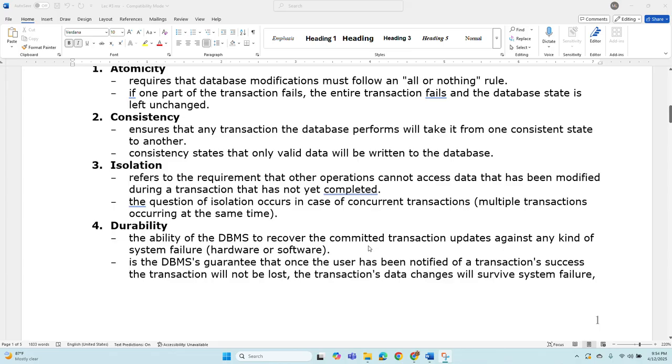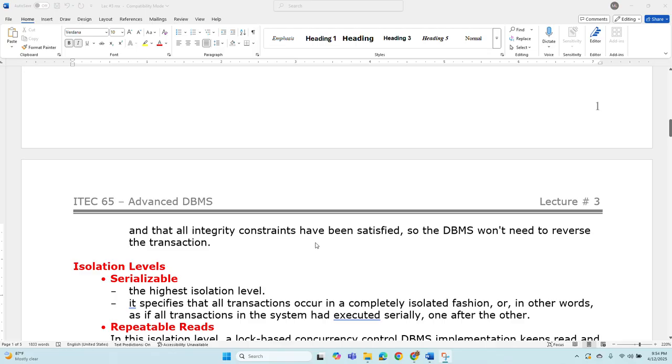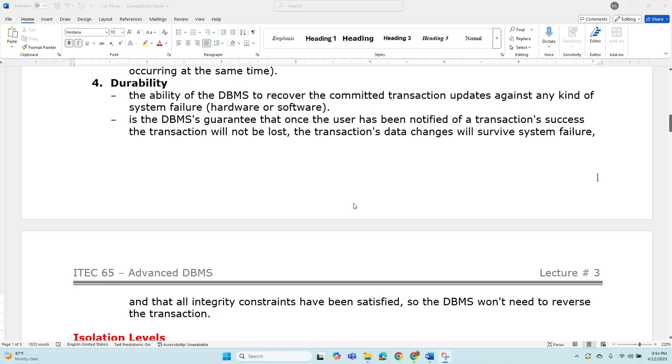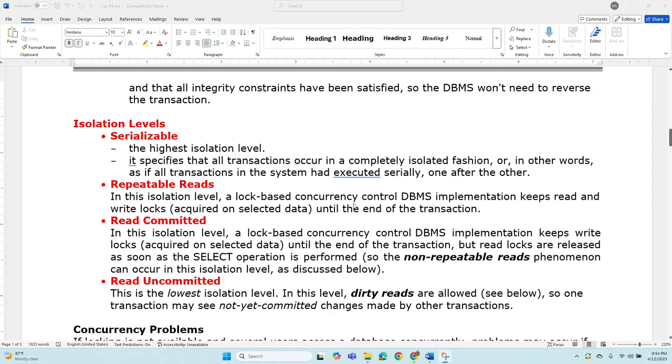So it is the DBMS guarantee that once the user has been notified of a transaction's success, the transaction will not be lost. The transaction's data changes will survive system failure. This is one of the very important traits of the DBMS. And that all integrity constraints have been satisfied, otherwise the DBMS will need to reverse the transaction. So, in isolation levels,